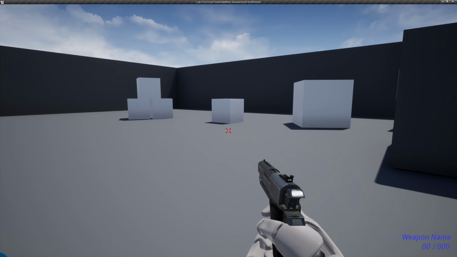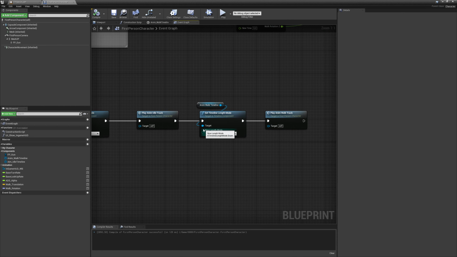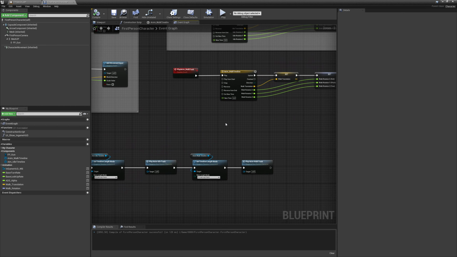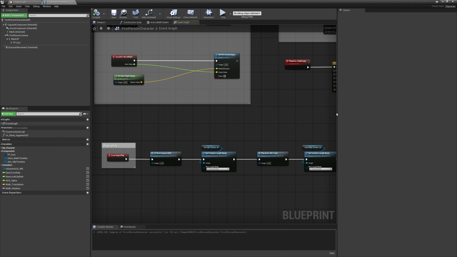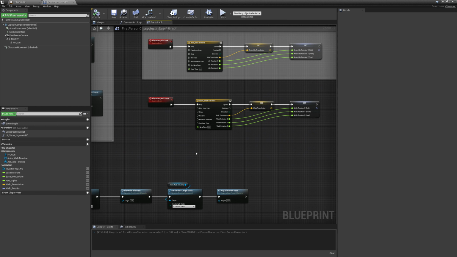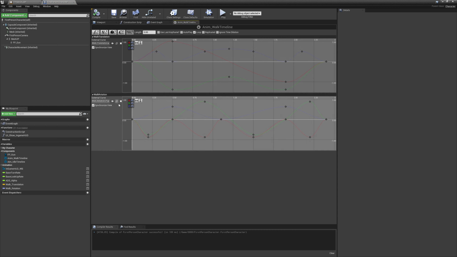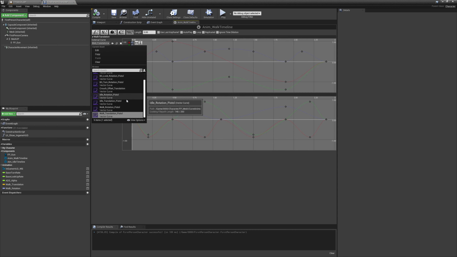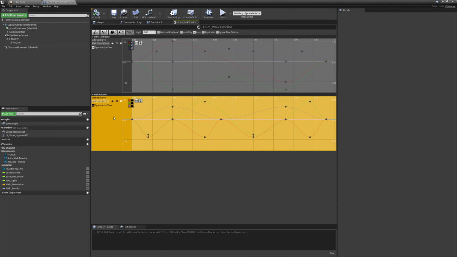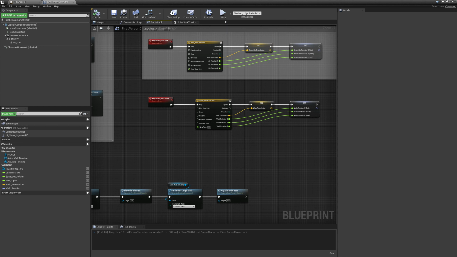It doesn't really work. Okay. So let me have a quick look. I'll get back to you. So we need to open up our timeline and actually assign the curves. That will work a whole lot better. So if we assign the walk translation and the walk rotation curve in the timeline, then it should actually work